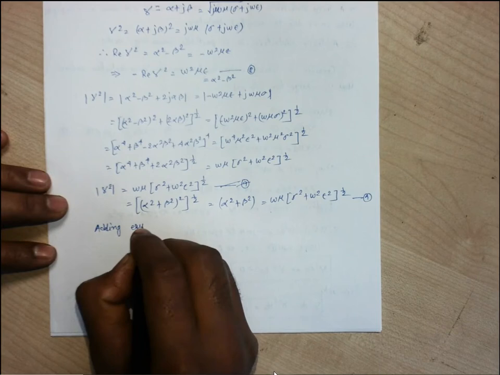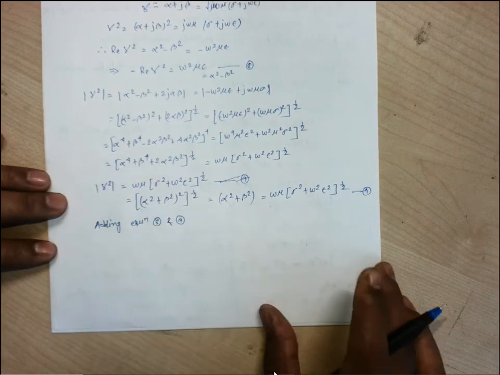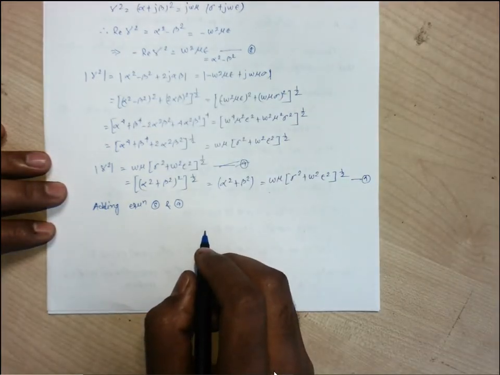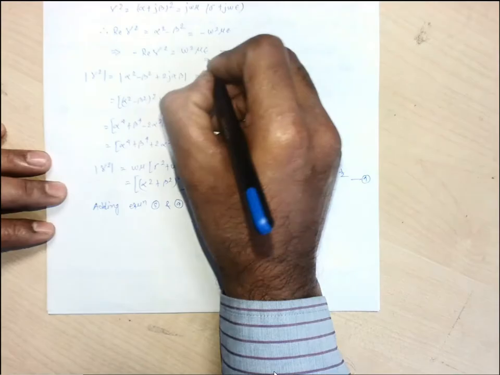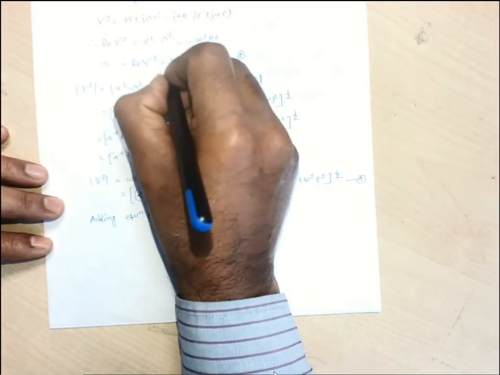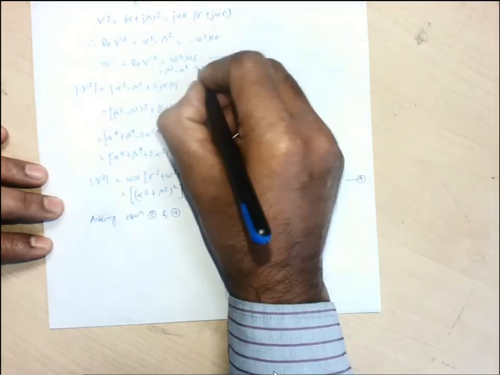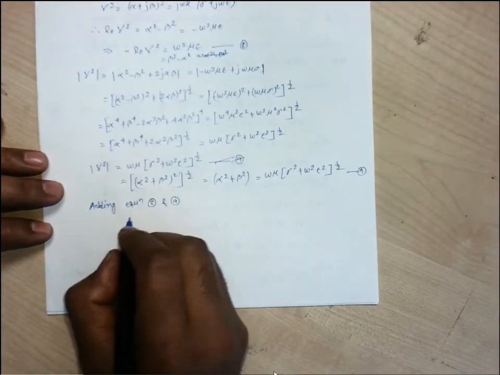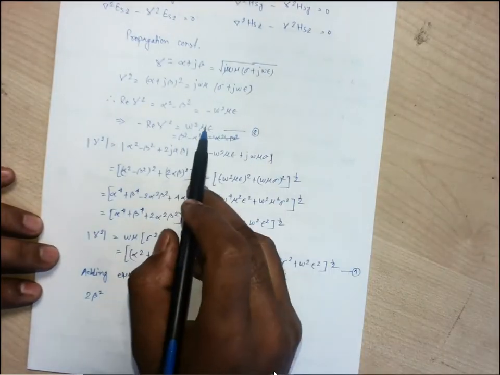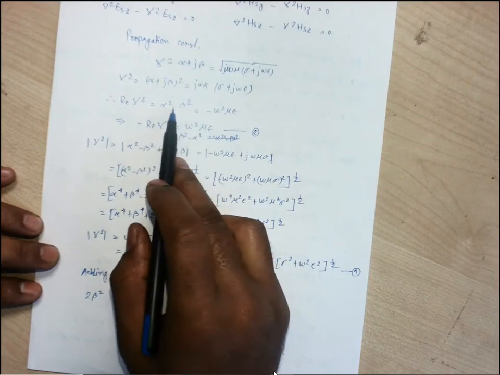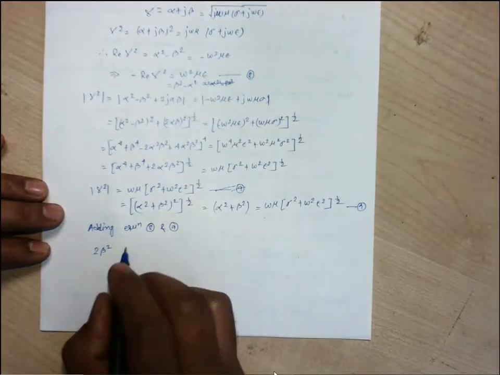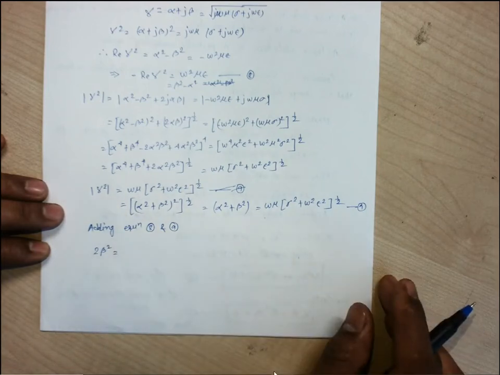Adding equation 8 and 9, we are remaining with, it is positive, it is negative. So if we add them, sorry, this one is minus, so it is supposed to be beta square minus alpha square, because we have taken this one as negative. So we are remaining with twice beta square. Understood? Any confusion on this? This one is minus, right? So it is supposed to be beta square minus alpha square. If you add them, then alpha will get cancelled, so we are remaining with twice beta square.